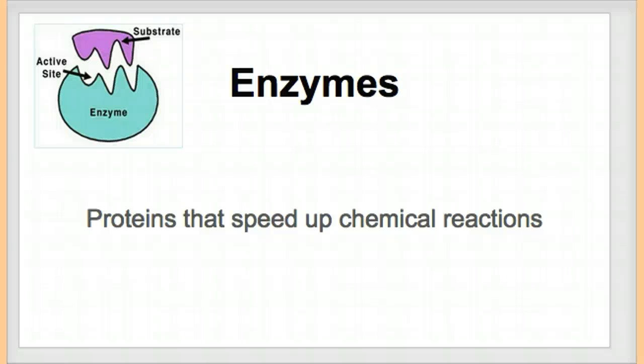Enzymes. Enzymes are proteins, and what these proteins do is that they speed up chemical reactions. So whatever reaction is happening in the cell, and it will take 3, 4, 5, 6 hours, an enzyme can make it work in minutes. What enzymes do, however, is that